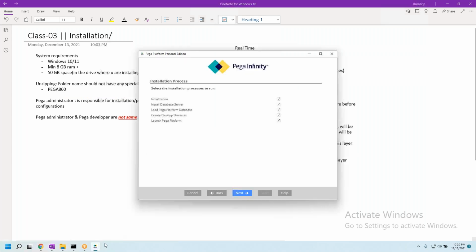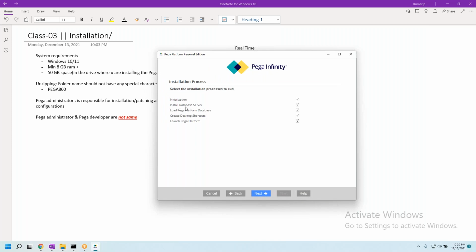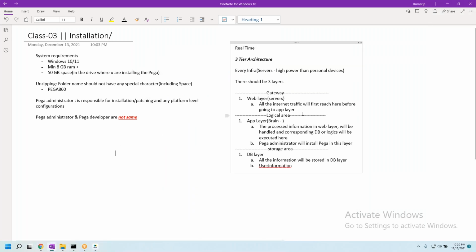Okay, so coming back to the installation point, install database server. Why did we discuss install database server here? Because in personal edition, there is no concept of these 3 layers. In personal edition, there is no concept of 3 layers. Enterprise architecture has them, but for personal edition, there is no such concept.